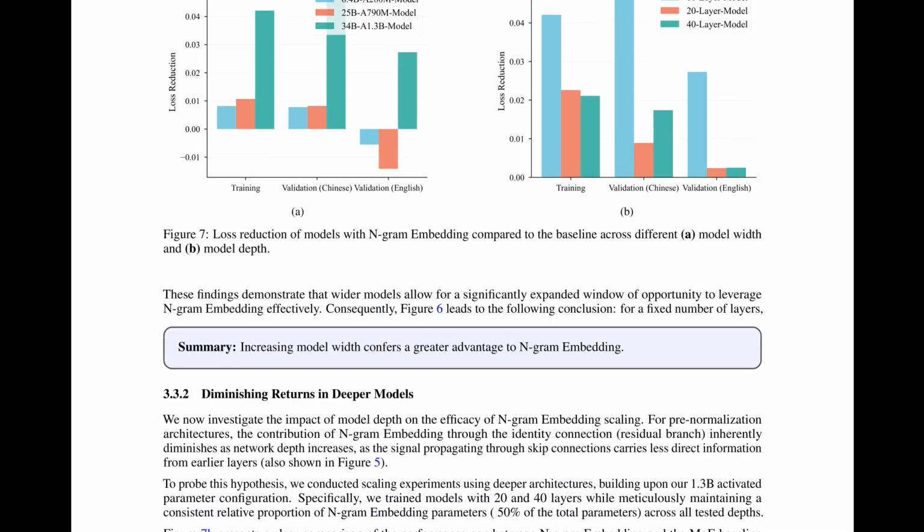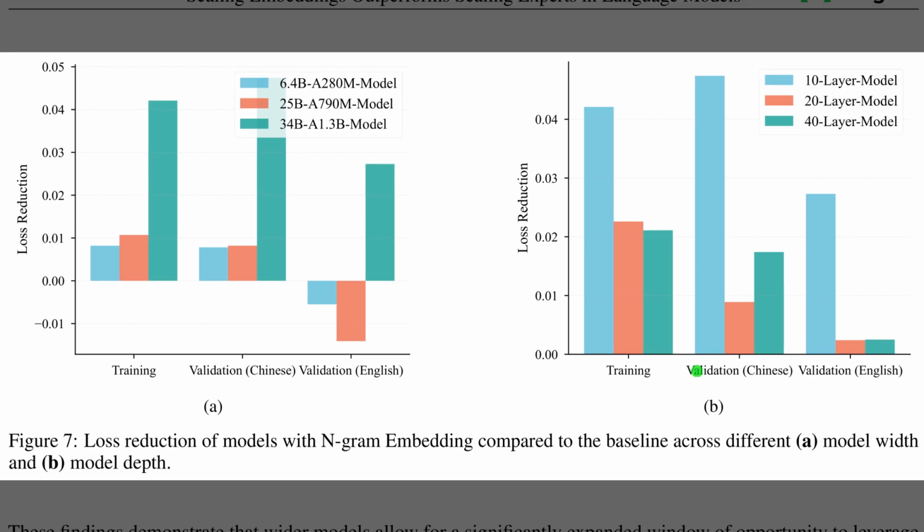So, Figure 7 investigates how model geometry affects these gains. On the left in Chart A, the tall green bars show that wider models achieve the largest loss reduction. Conversely, the narrower models in blue and red barely improve or even regress on English validation tasks. Chart B on the right, however, reveals the opposite trend for depth. The shallow 10-layer model in blue sees a massive benefit, but as we add layers, the signal dilutes and that